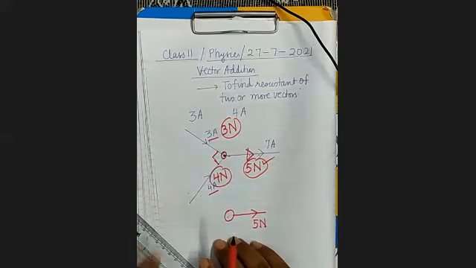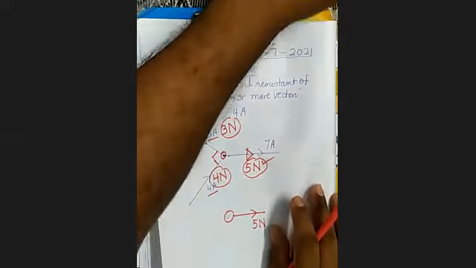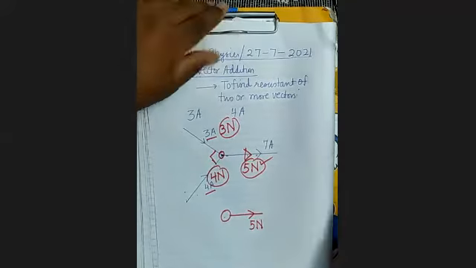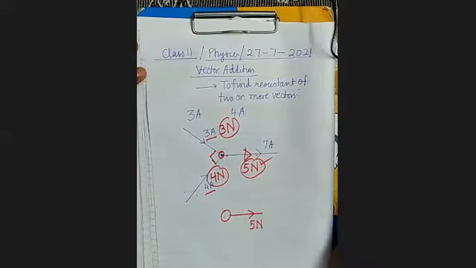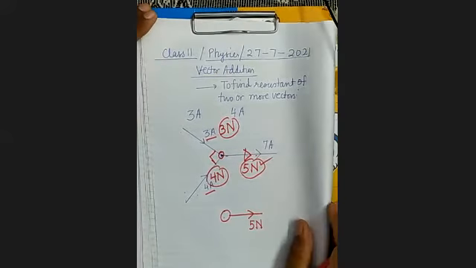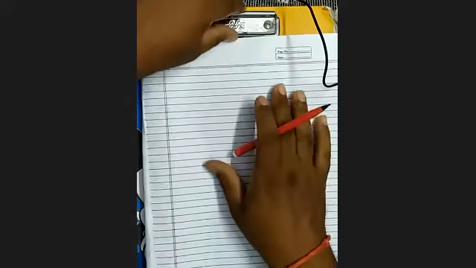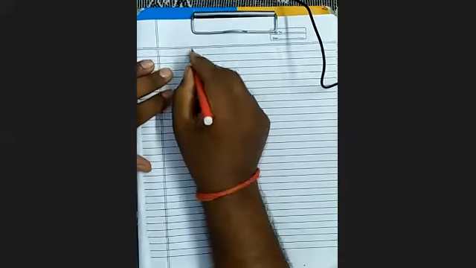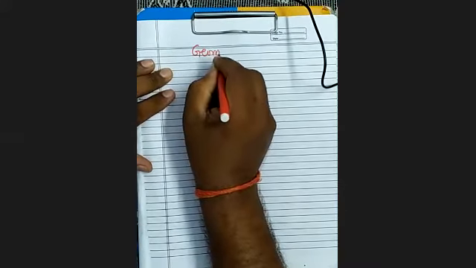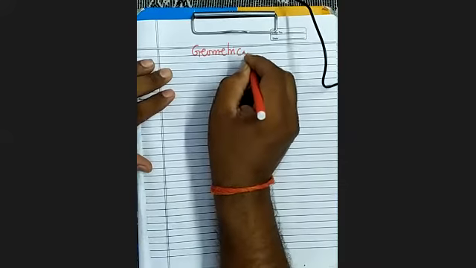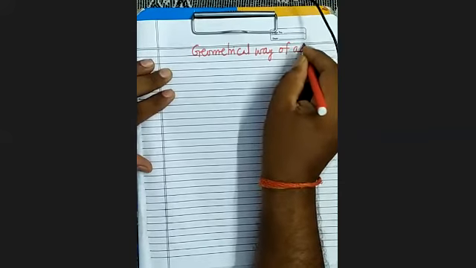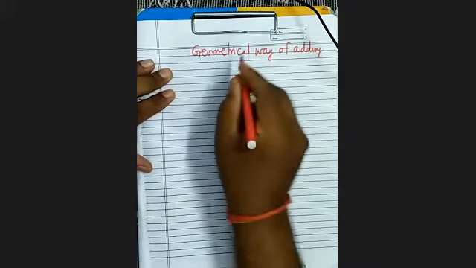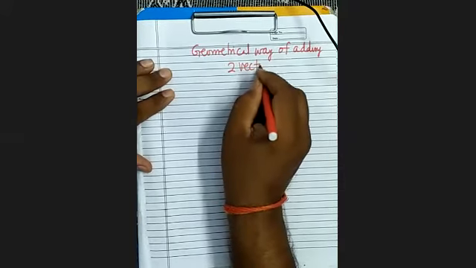Now see here, how will you add two vectors? First we will explain the addition of two vectors and then addition of more than two vectors. So see here, firstly, I am going to explain the geometrical procedure of determining the vector addition. Geometrical procedure. The way of adding two vectors. First, we will confine ourselves,